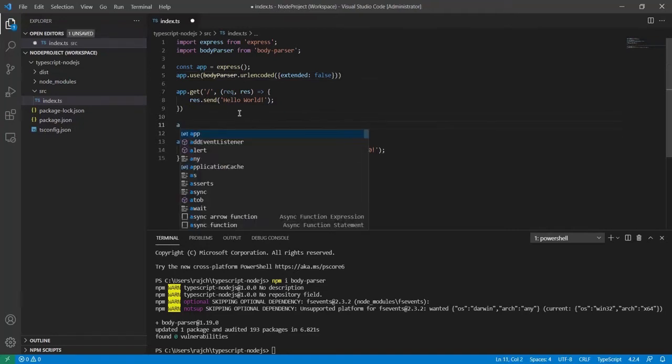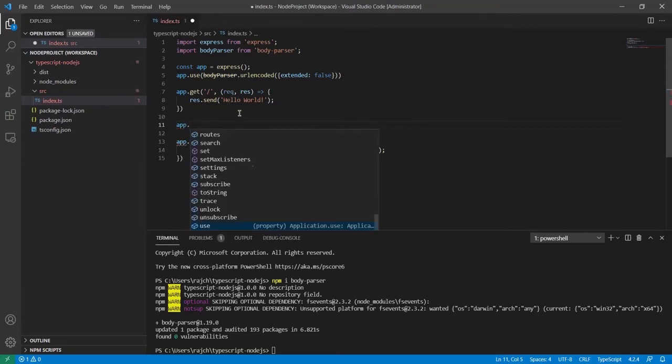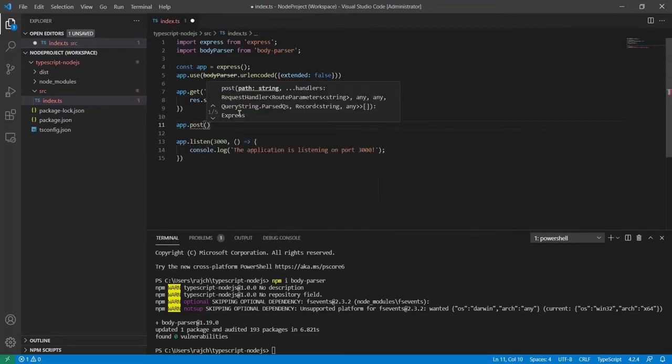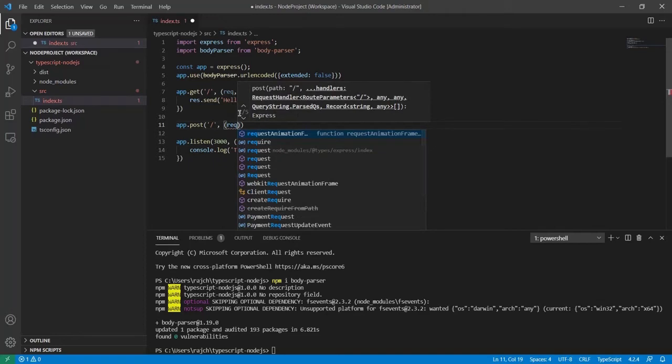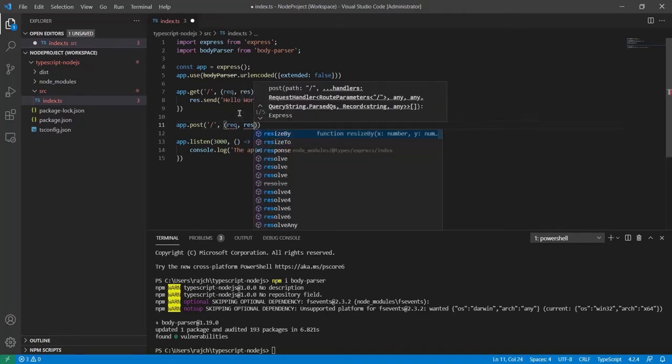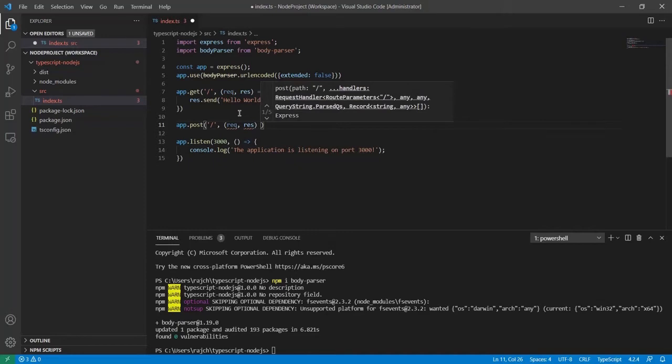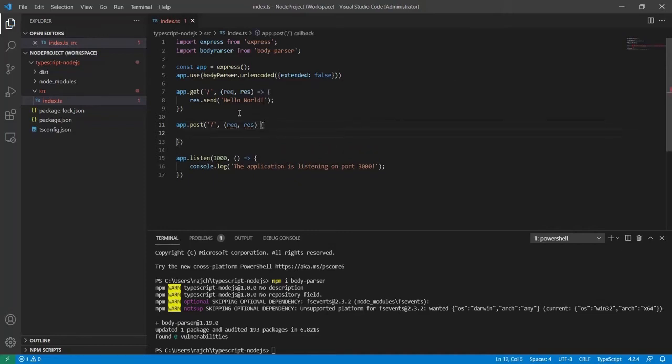Now I am going to use app.post, and here I will again put the URL first, and I will keep the same URL as root, and add the request and response. Here I will use response.send, and I will not send a string.